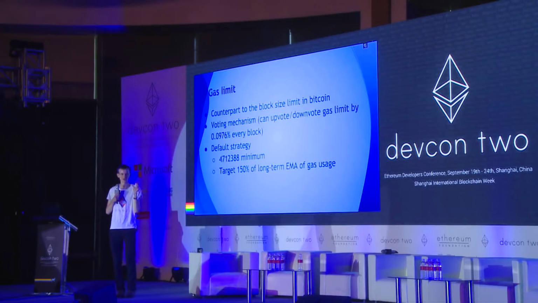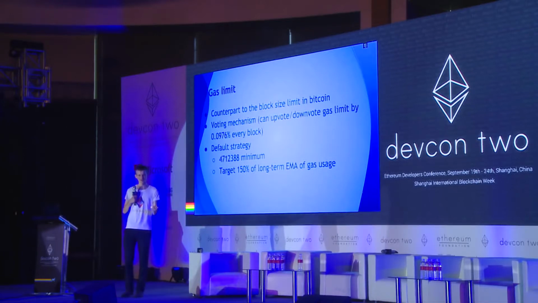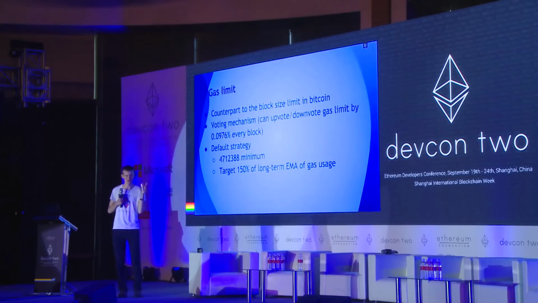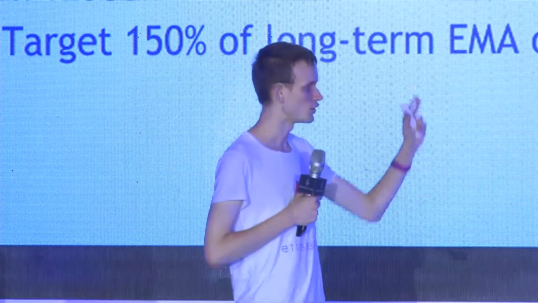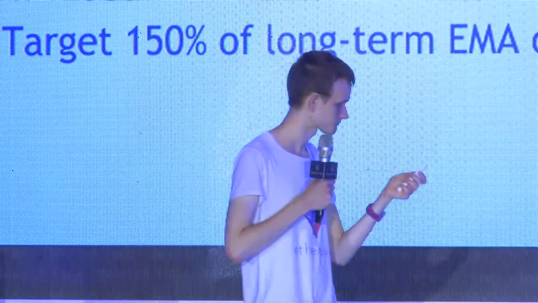You also get charged gas for writing to the state, reading from the state, bytes in your transaction, bytes that you add into receipts, Bloom filter topics. So you get charged gas for almost every resource that you can consume inside of Ethereum. And out of all of those things together, there's this limit that you can't consume more than 4.7 million.